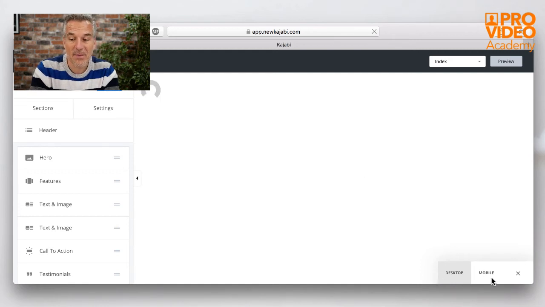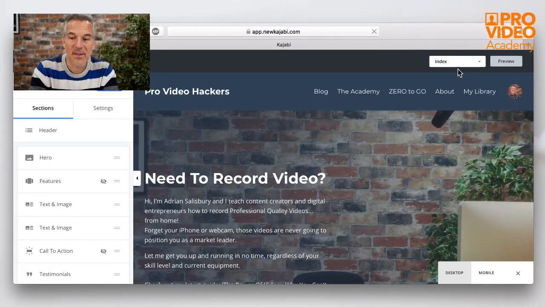And over here, while I'm waiting for that, you can click on the mobile and it will give you a live preview of what your site looks like on a mobile. I went off in here looking at pages and things. You're not using this. You're using the index for your home page, which is what it's called.